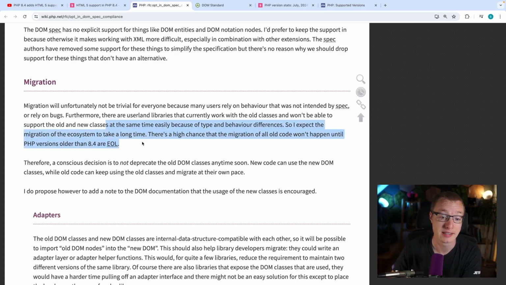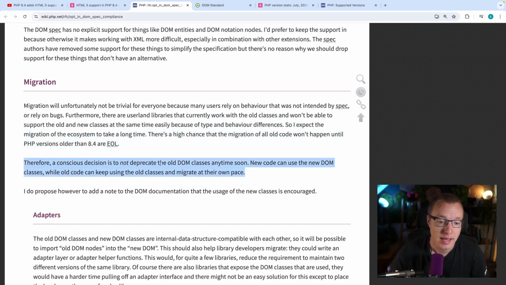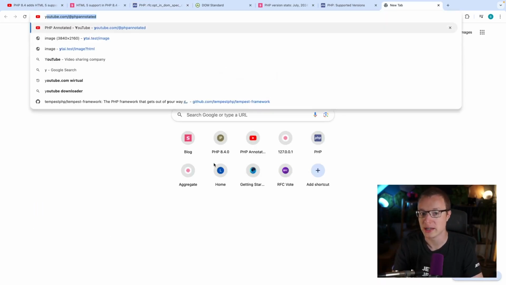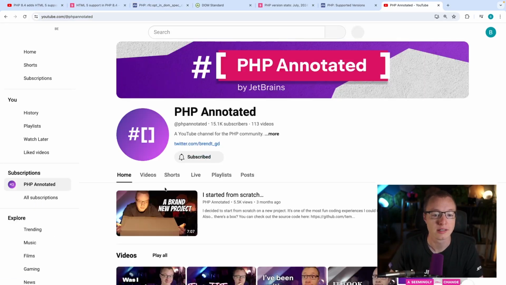It makes it so that we are much slower in progressing. So anyway, a conscious decision is to not deprecate the old DOM classes anytime soon. Yeah, maybe it would be good to deprecate them, honestly, but so much code would break. New code can use the new DOM classes, while old code can keep using the old classes and migrate at their own pace. By the way, speaking of deprecation notices,